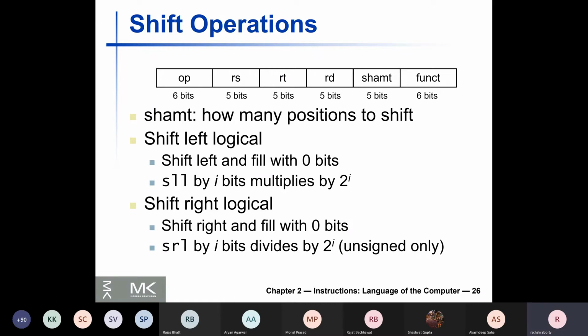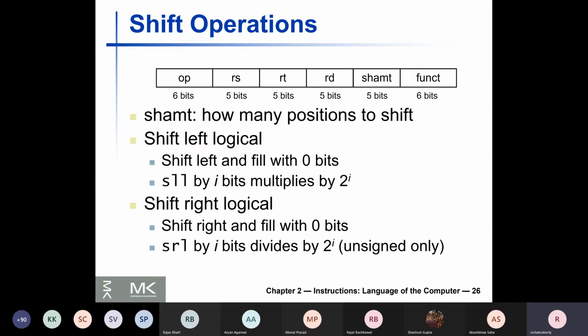In the shift operation, there are 2 versions. Now the shift amount becomes important, and you know these are only 32-bit register values. So the maximum shifting can be represented by 5 bits. 5 bits will let you represent up to 31-bit shifting, which is okay. 32-bit shifting means everything will become 0 or something useless. You will lose the entire content, so it doesn't make much sense. So up to 31-bit shifting is supported by 5 bits, and then the usual RS, RT, and RD operands there. There is an opcode and there is a function code.